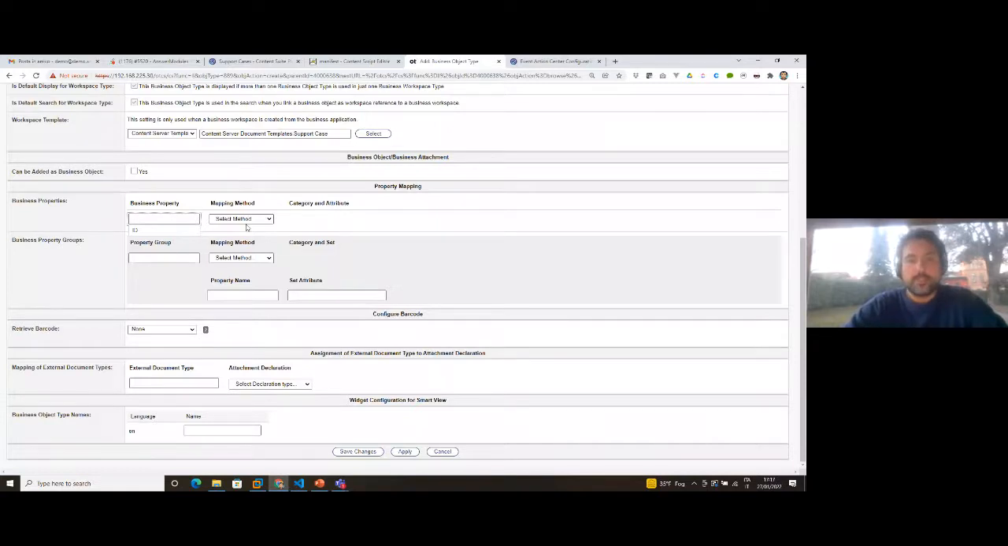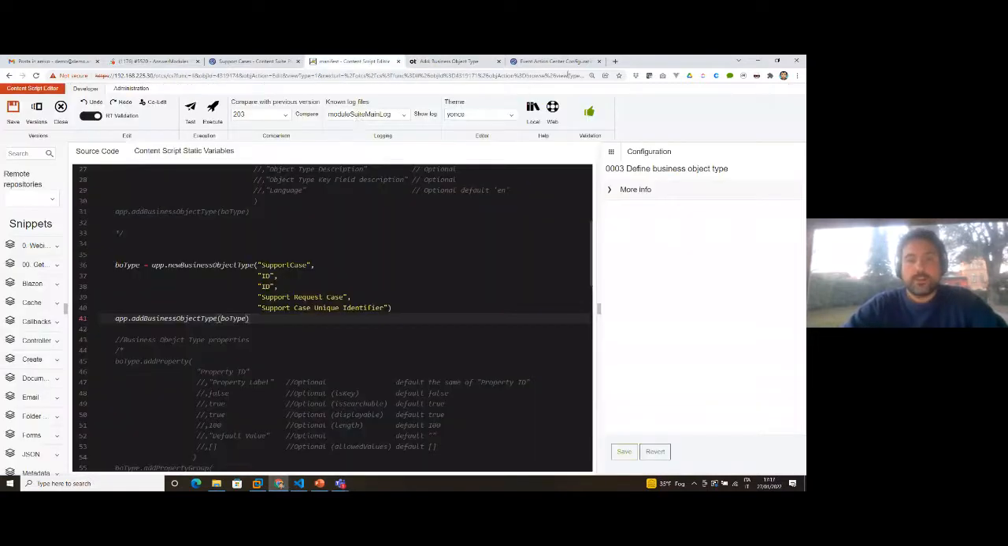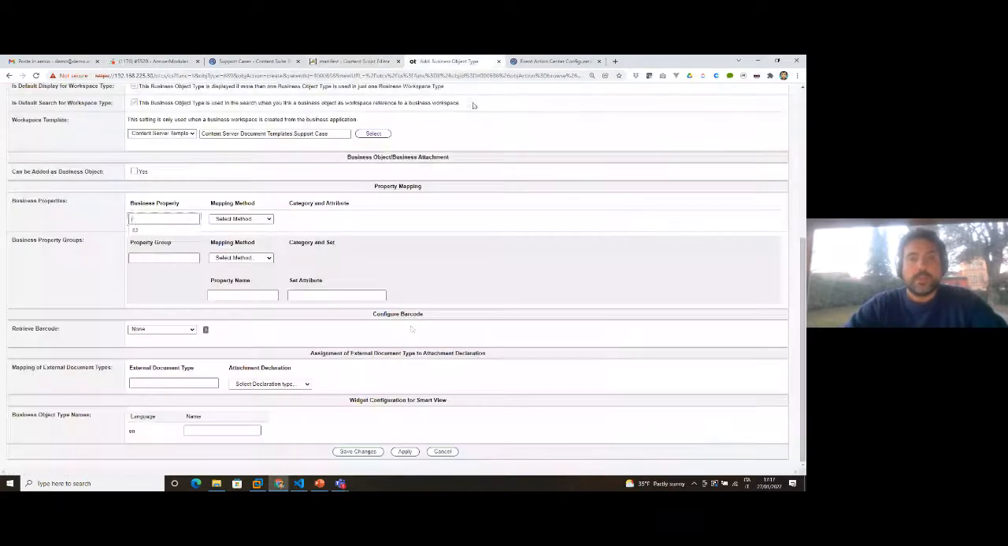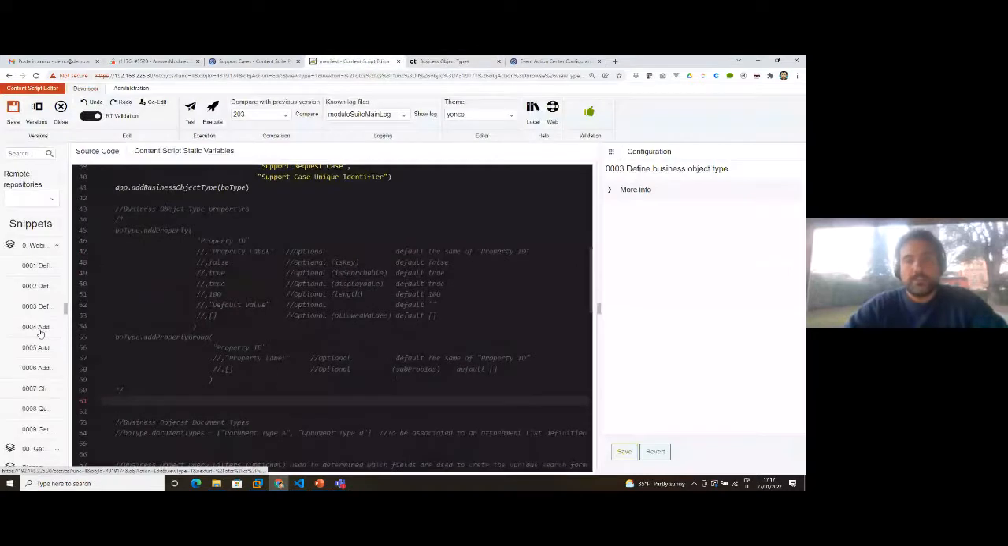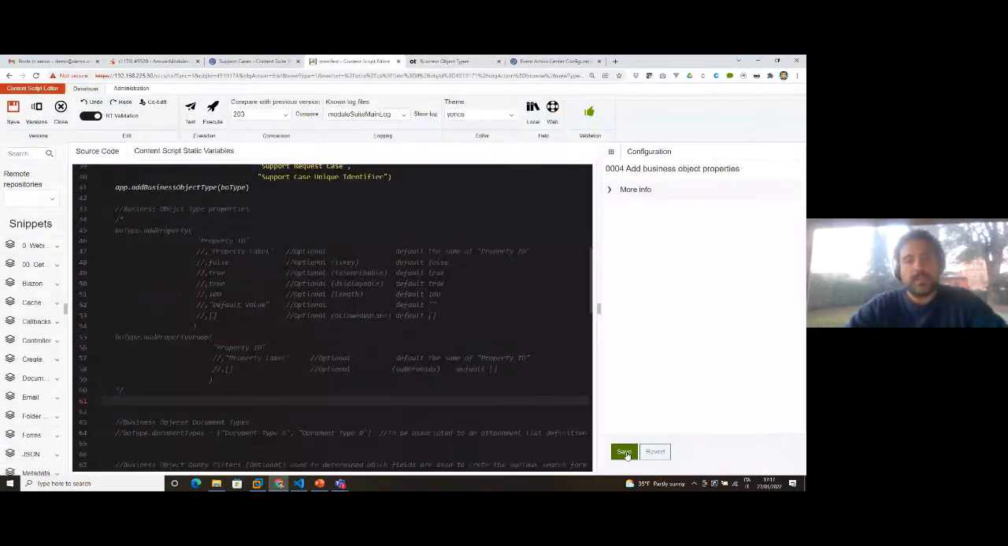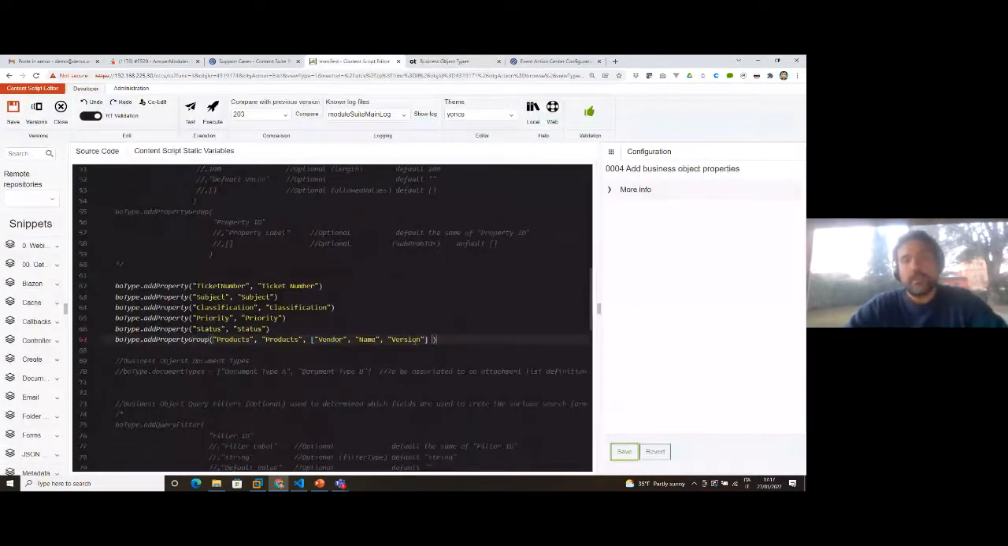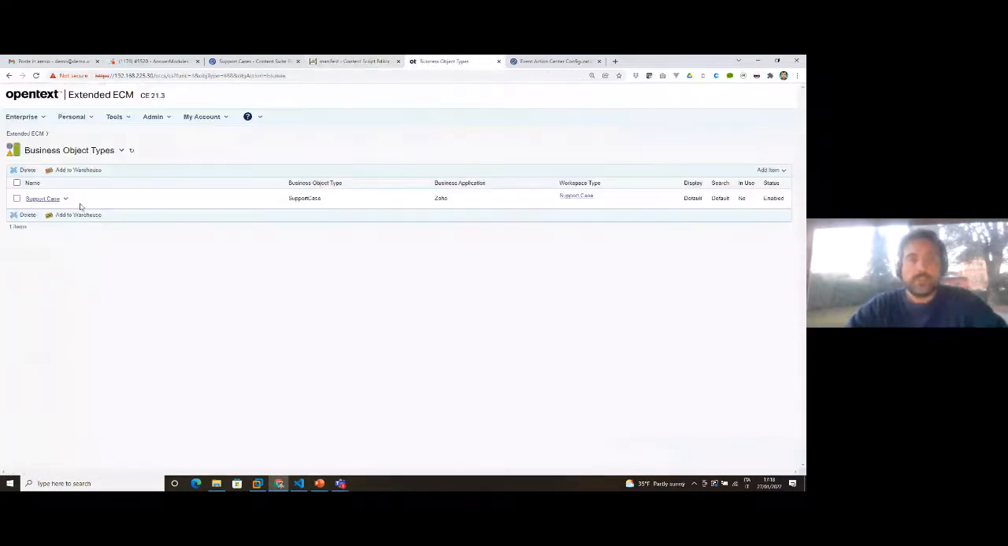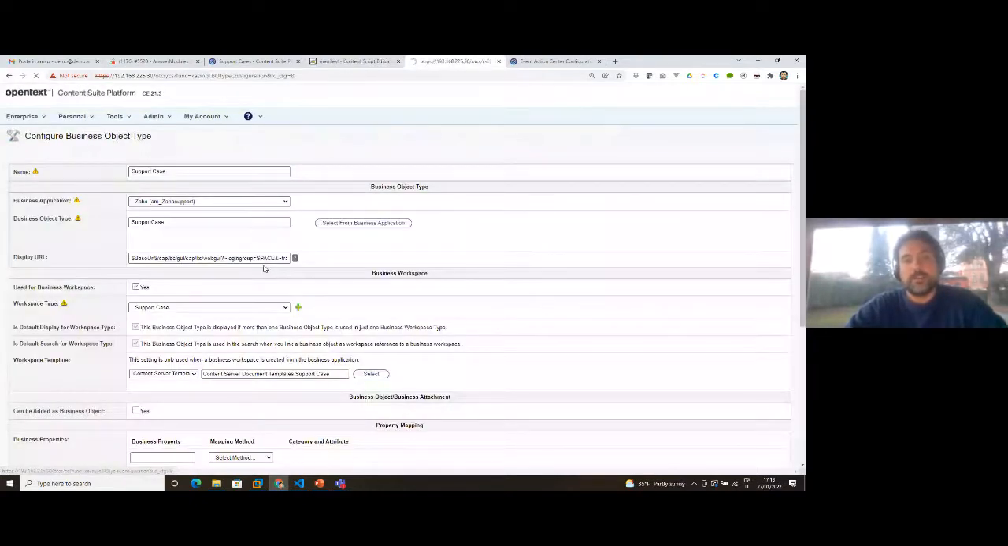So let's save our work here, and let's add some property to our business object. Again, there is a convenient API to do so. You can add property very easily, and you can add property group as well very, very easily. Once you have created your property and property group, you can just see them in here and keep up with